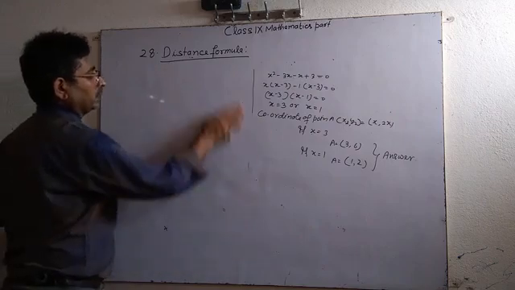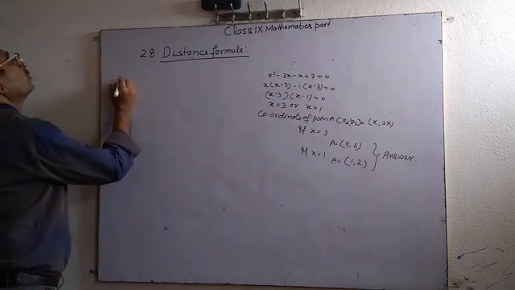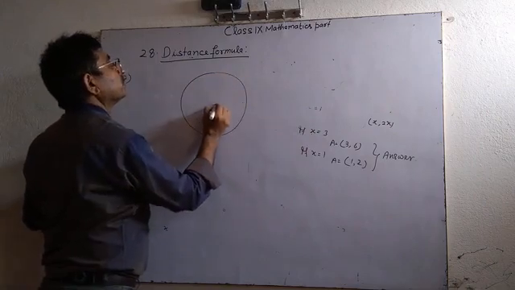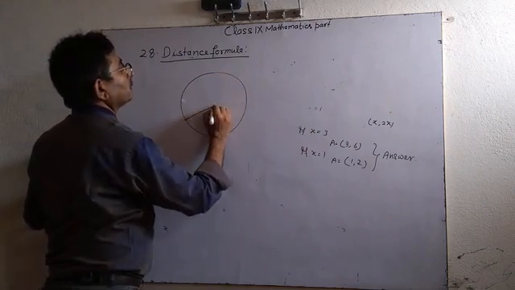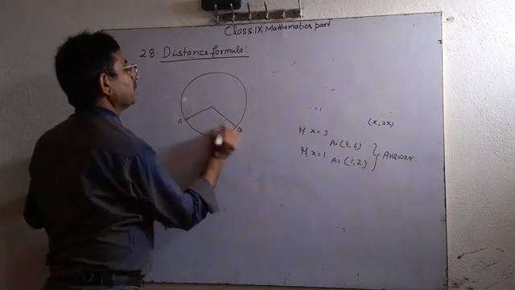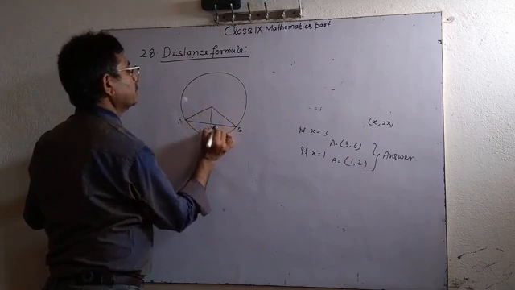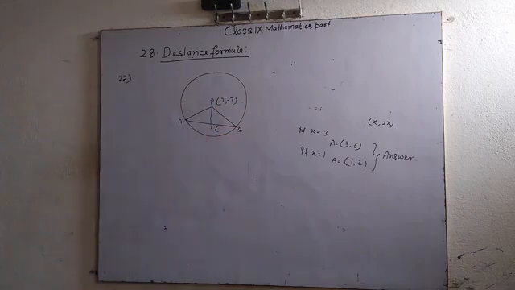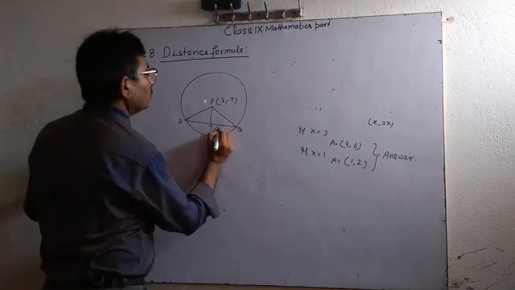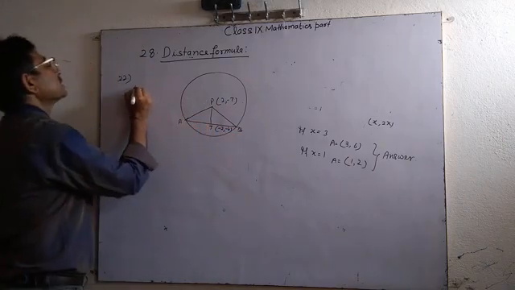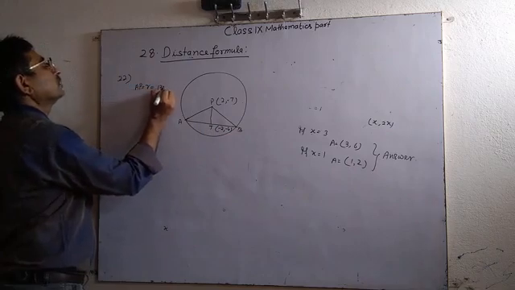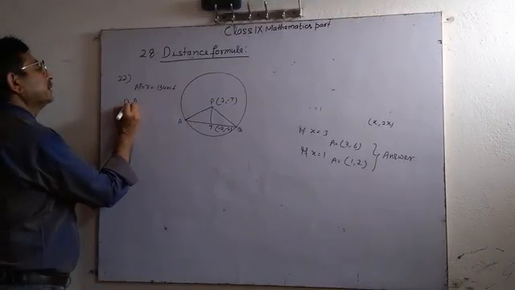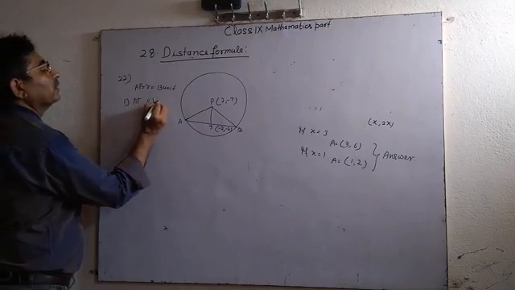Now come on, question 22. Here I have given a circle, this is center P, and from this center P, a perpendicular is drawn down on AB, that is T. This P has coordinates 2, minus 7, and T is minus 2, minus 4, and radius AP equals R equals 13 units. First we need to calculate AT, and second AB.